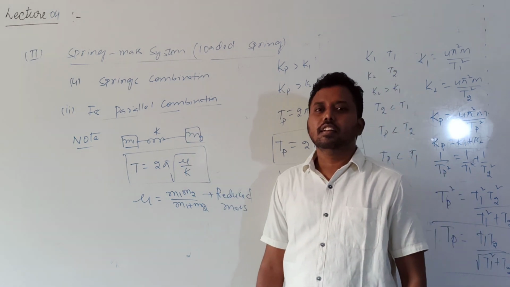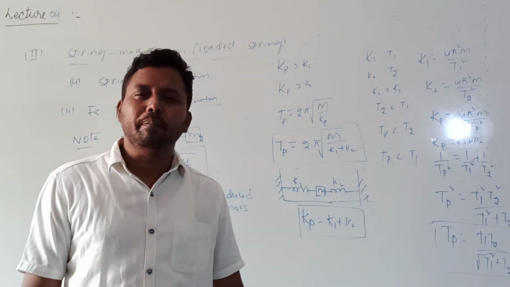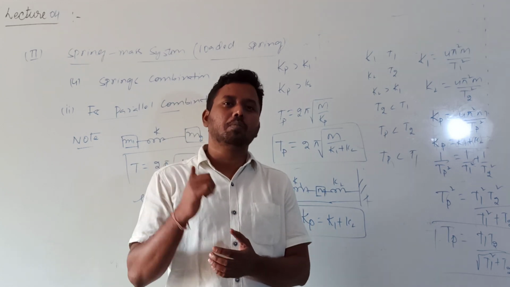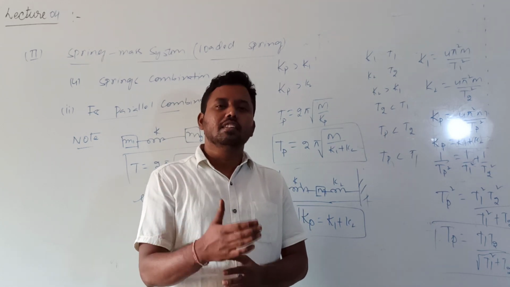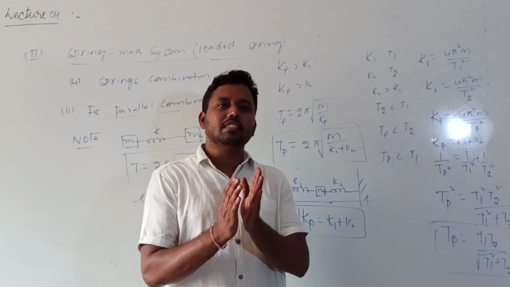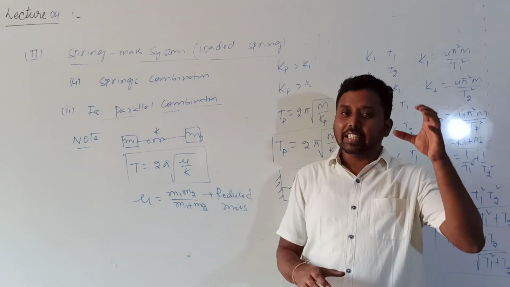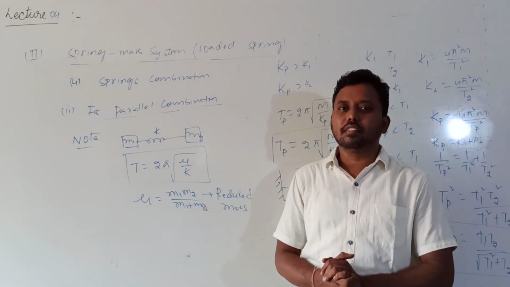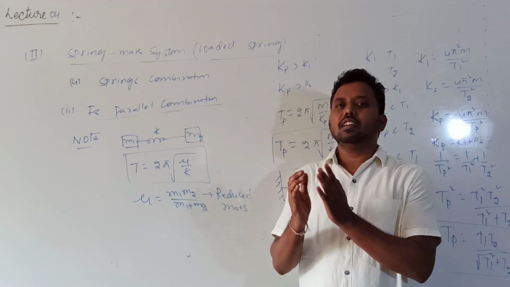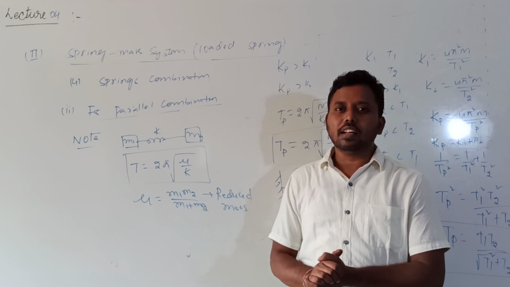Okay? So this is for series combination and the parallel combination. One more class is needed for completing the concepts of simple harmonic motion. We still need to discuss some more examples of systems executing SHM, but they are not needed in that much detail, because the major application questions of this chapter are based on the simple pendulum and this spring and mass system. Okay? So thank you.